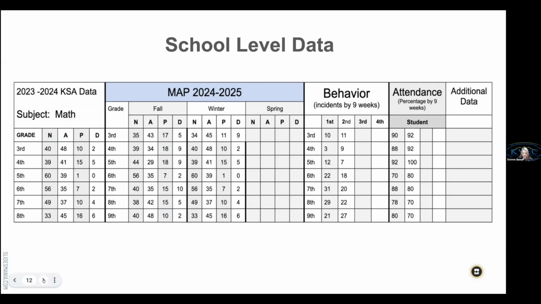So this one, I just created this one. This one's not a specific district, but let's say we take that school level data. Let's say this one is your school level. So as an administrator, let's say this is what we have. On the left column, you'll see the 2023-24 KSA data. You'll see how third grade performed, fourth, and then the MAP data is in the middle. If you look across the third grade, fourth grade, you'll see that last year's third graders would be this year's fourth graders.